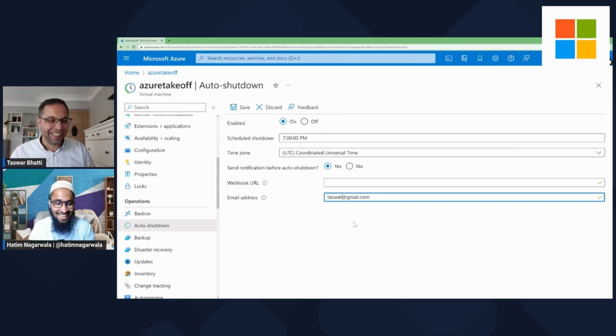Fine. So you could also hook it to a URL, a webhook, so that it maybe tells you on your Slack channel that the machine is shut down, or all kinds of stuff that you could do. So you could set this up, enable this, and say every night, let's say I work on